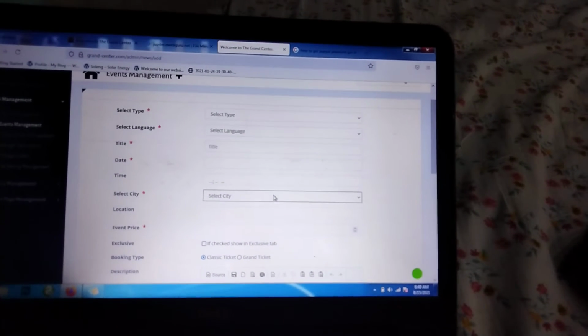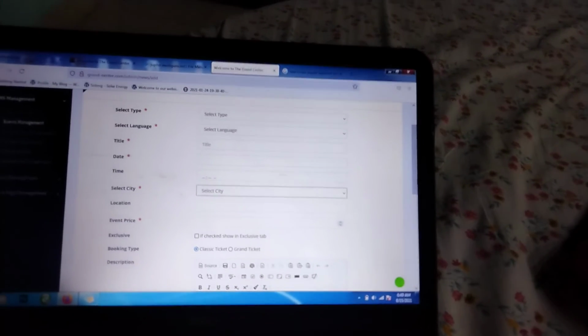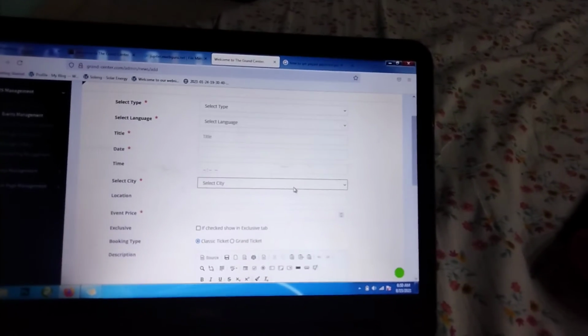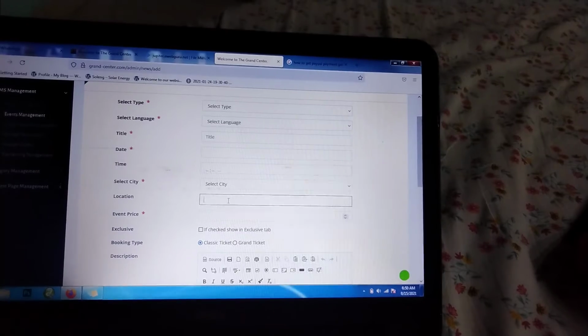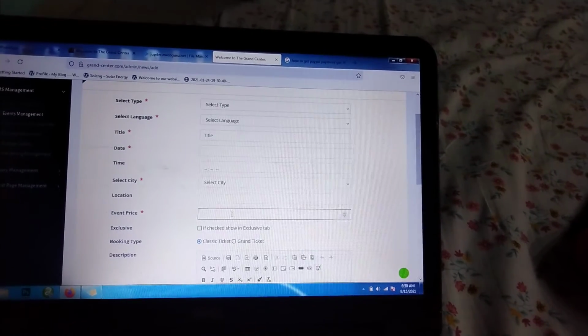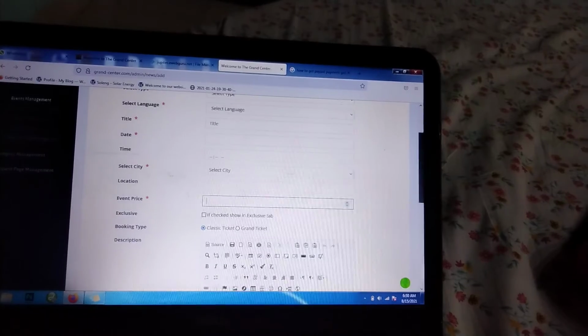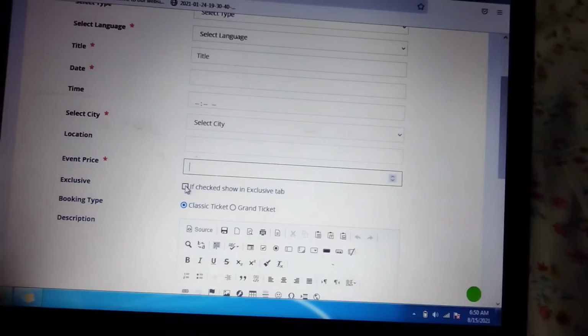Actually, you can put many cities and states in the portal with the admin panel. And now all the states and cities will show in the listing. Now you can select the location, now price. Okay, if you want this event to show in the exclusive tab, you can click here. And as you click on exclusive, your event will come in the exclusive.